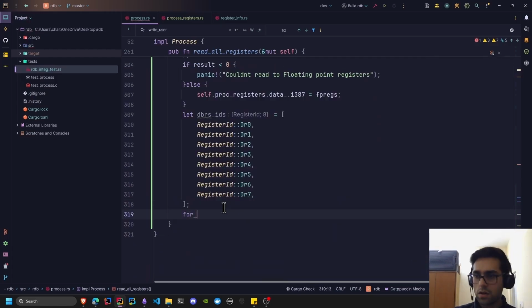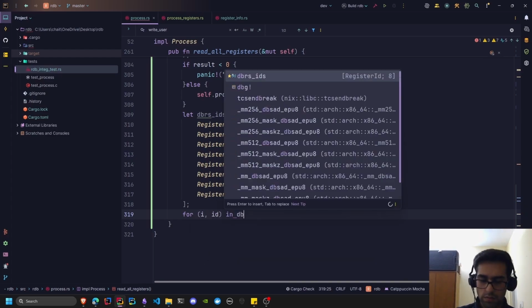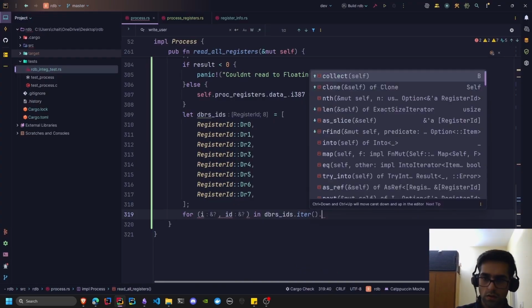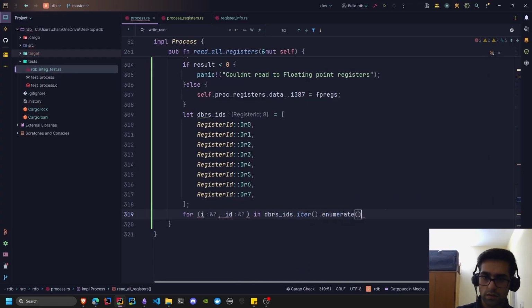So for i, id in dbrs ids dot iter dot enumerate,